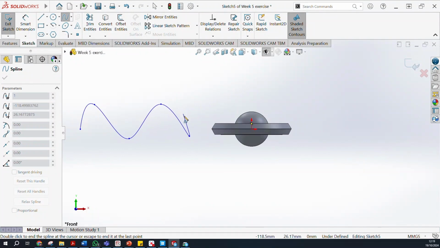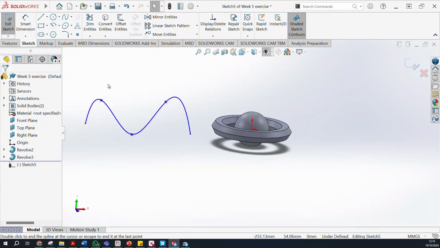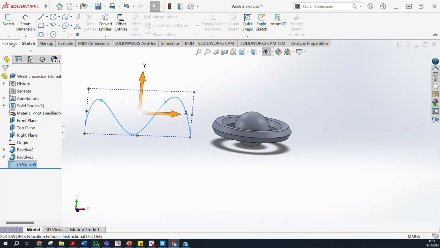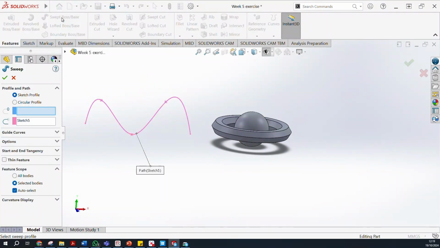Okay, and that's it. So now you need to select exit sketch and then go into the features and make sure you select this one and then select this swept boss or base. Now you see it wants you to go for